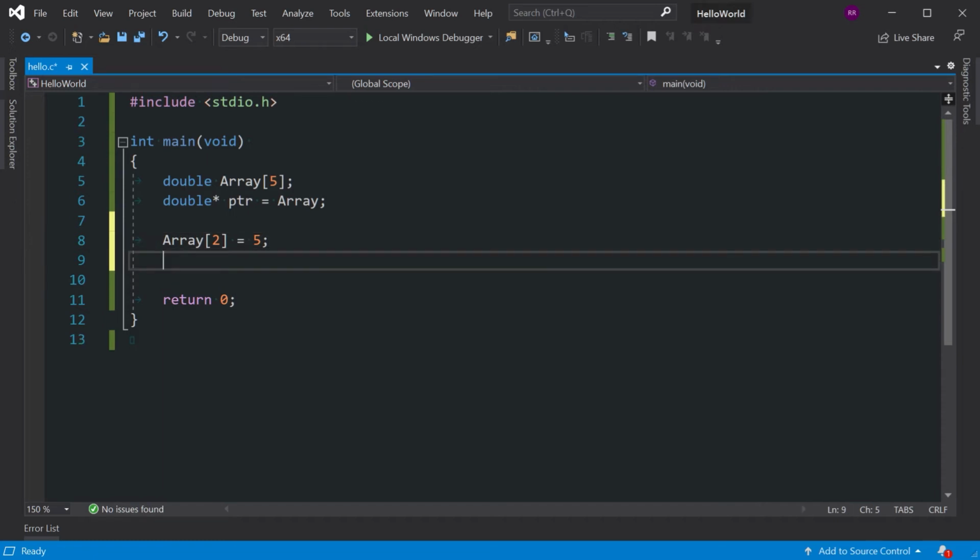So just say ptr plus 2 to get to the next two elements. Move the pointer in memory and then dereference it. So now you're pointing to the value that is saved in that memory. Now I can set it to 3.4, for example. So let me debug this code. Let me put a breakpoint here, and if we start debugging,